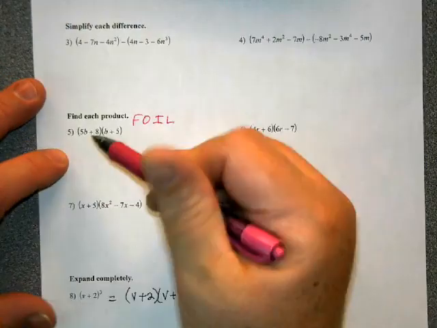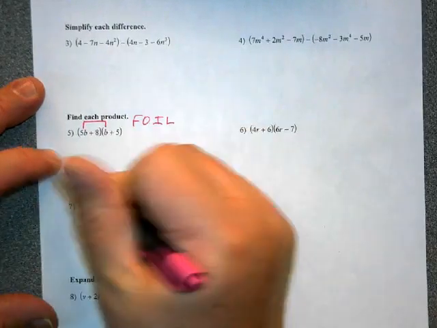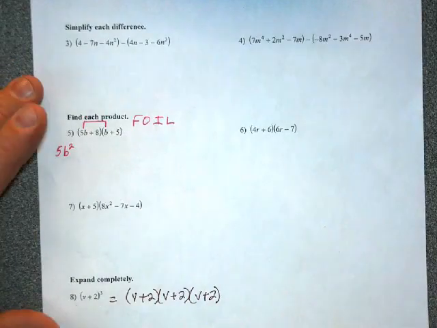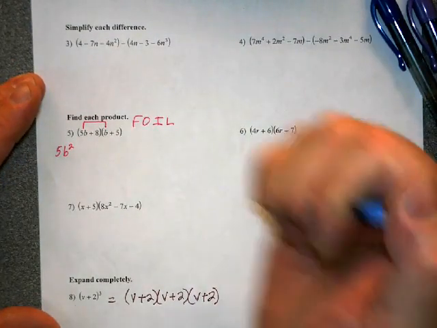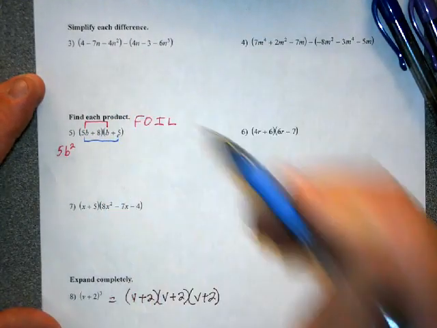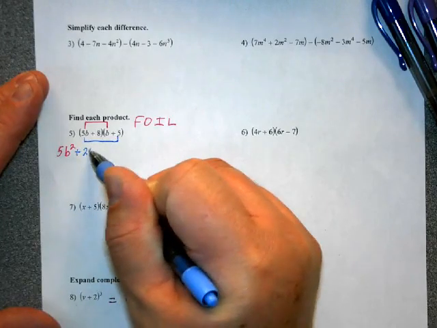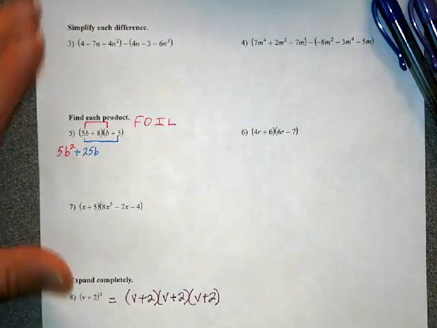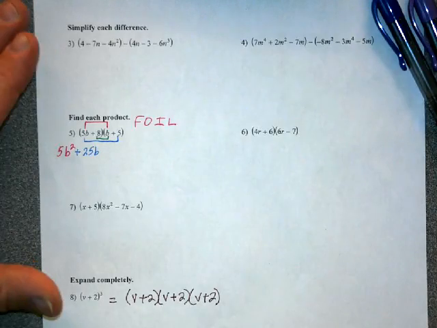Okay, so first, we're going to take 5b times b to get 5b squared. Outer. Let's see, we're going to take 5b, multiply it by 5, and that's going to be a plus 25b. Inner. 8 times b